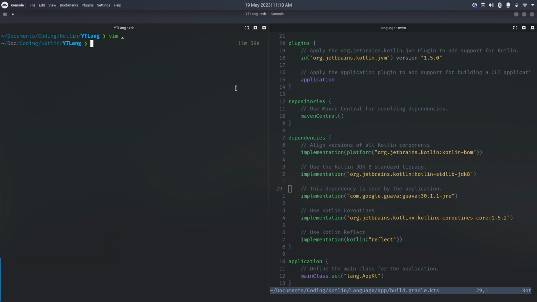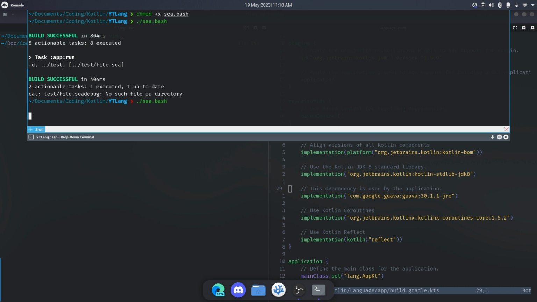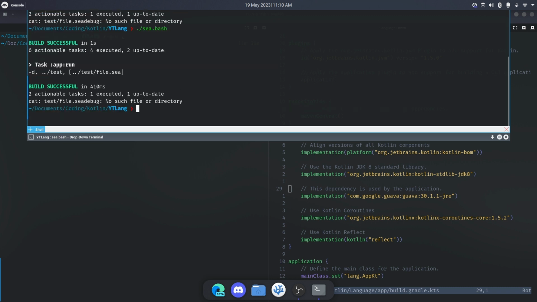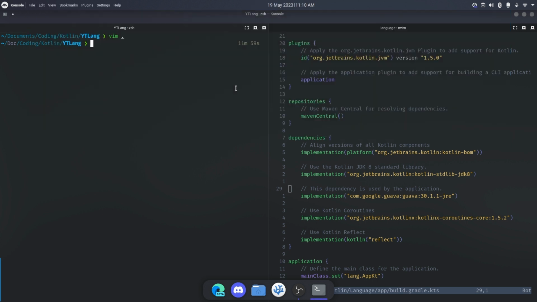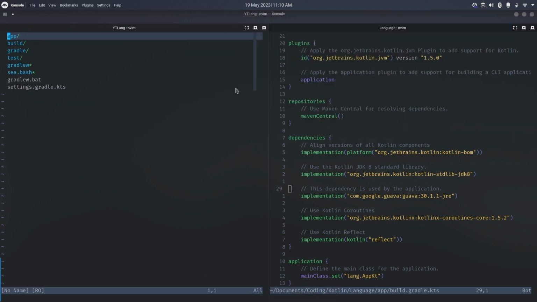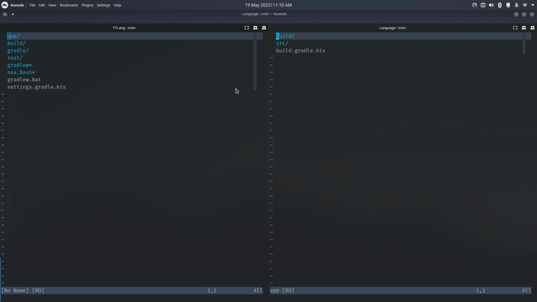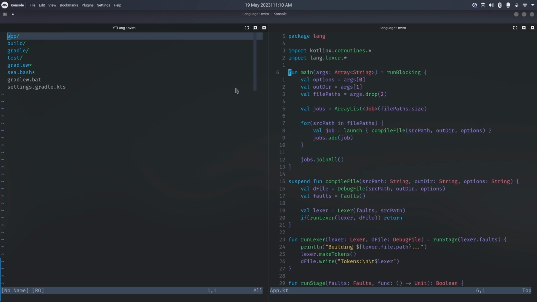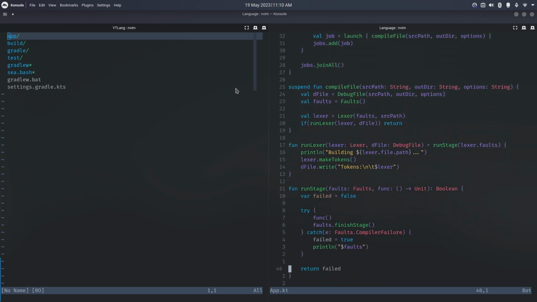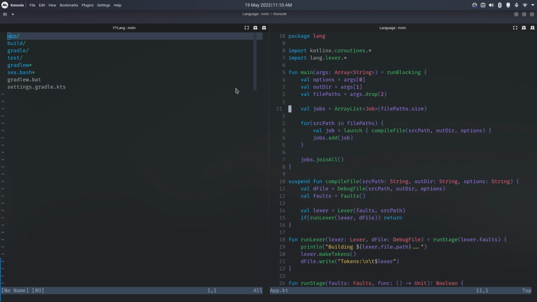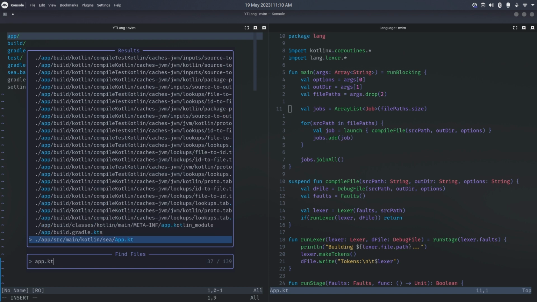Now if we go out, if we run cbash, it will rebuild it, and it should auto download all those dependencies. So you see that everything seems to be working just fine. There's just a few more things that I need in here. And then I think I'll probably just keep these episodes pretty short and concise. So if we go back into app.kt,